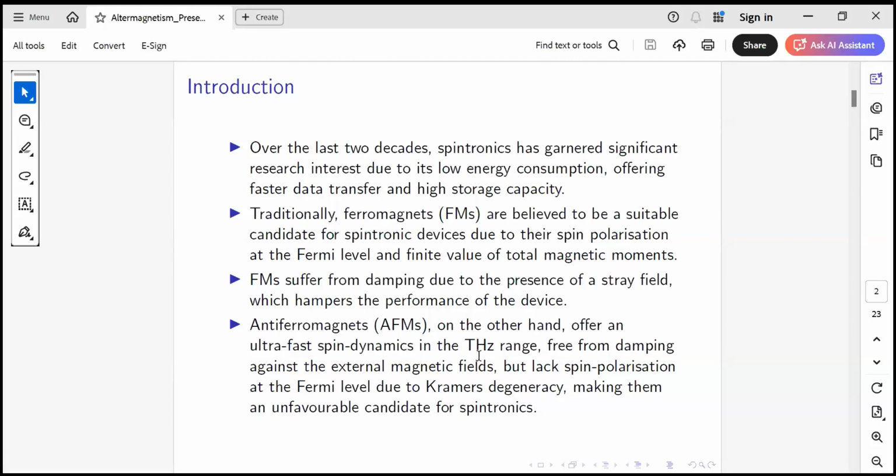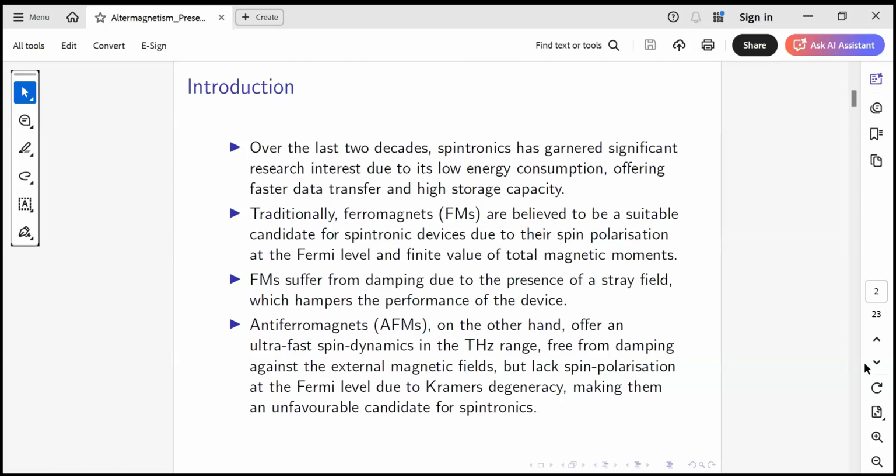Spin polarization is crucial because it facilitates spin injection. Spin injection, as you know, is treated as the data transformation. So spin polarization is very crucial in spintronic devices, and it has to be at the Fermi level, because the transport properties all deal with the Fermi energy.